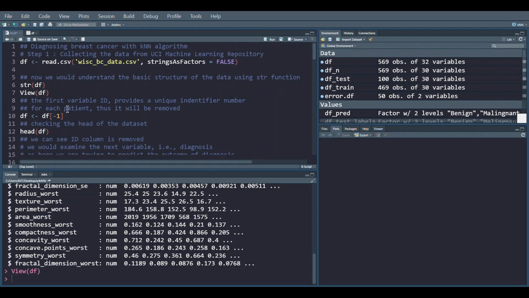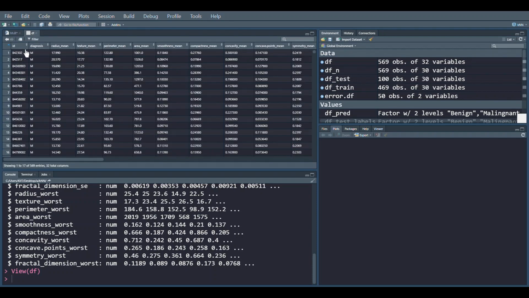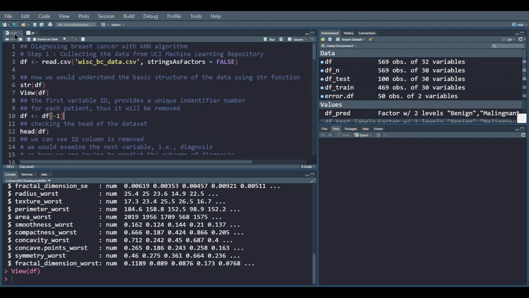Our first job is to drop the first column of the data set, which is this one. The ID is the unique identification number allotted to each patient. While analyzing the data, we will not be requiring this unique ID, so our first job is to drop this first column.